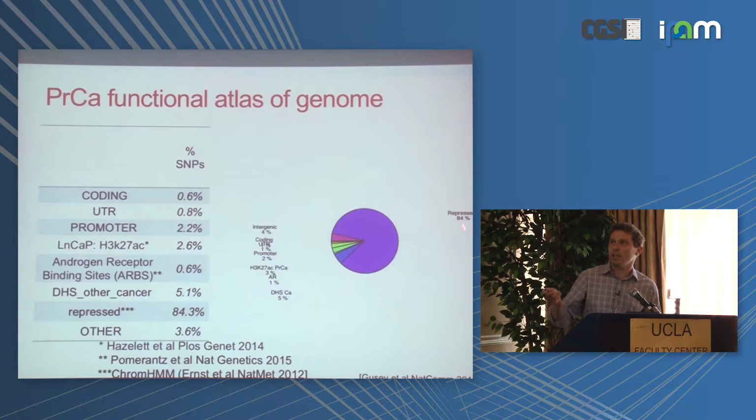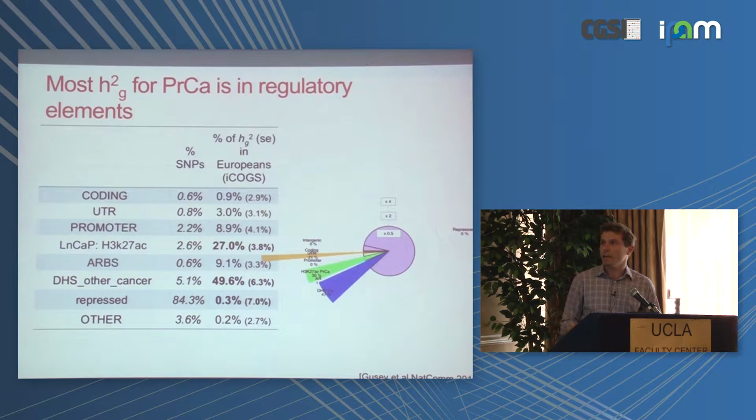This is a visual representation of this Pac-Man shaped partition of the human genome, right? Now we can put all these things together into one variance components model, and see what happens at the level of variance explained in prostate cancer risk. And if we do that, what we see is that the vast amount of the genome, in this case 84%, doesn't really contribute much to explaining differences in inherited risk for prostate cancer,